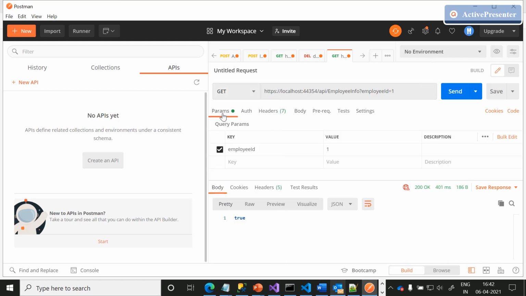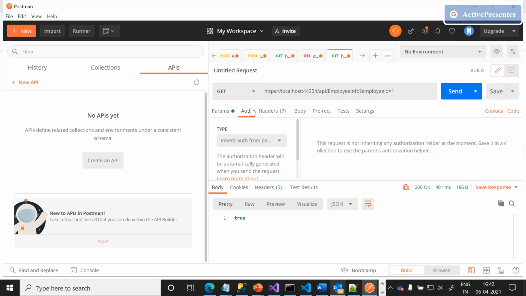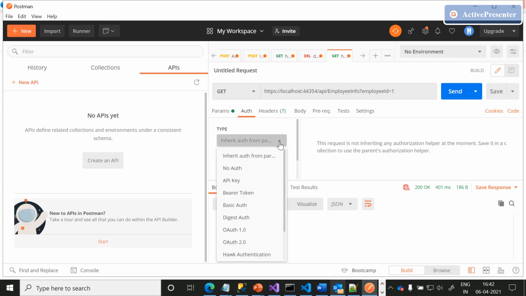If we are attaching any parameters to the endpoint, all those query parameters will appear here. If you want to authenticate your endpoint using any authentication mechanism supported by your endpoints, then we need to enable the authentication. For example, if your endpoint is authenticated using a bearer token, then we need to select this bearer token option so that we can pass the required parameters.